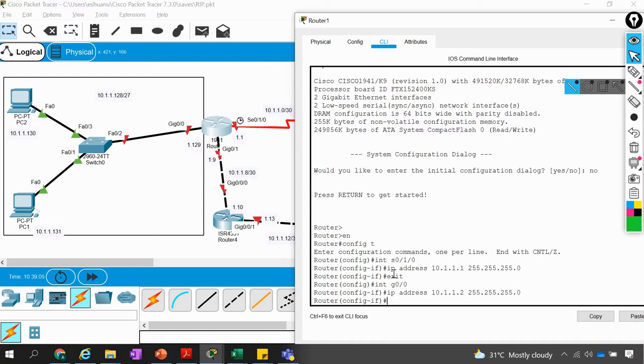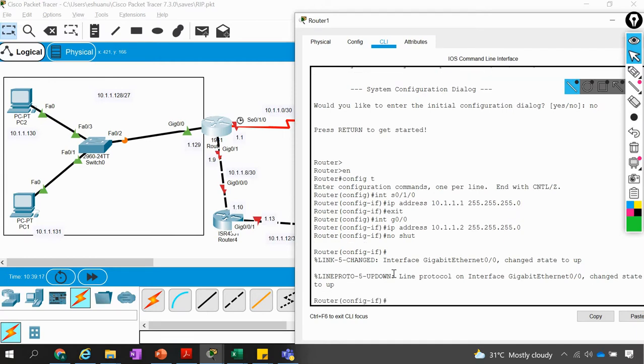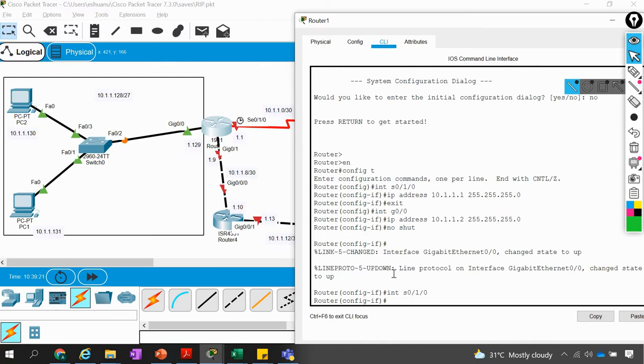Let me use one more; I have to put no shut. Then I go to interface S0/1/0 and put no shut.